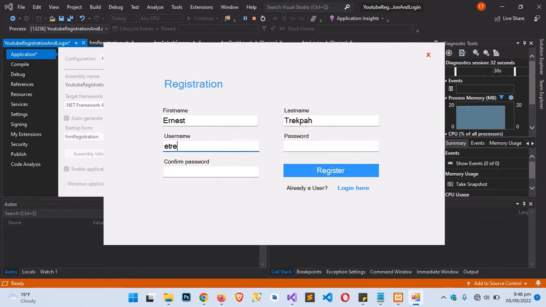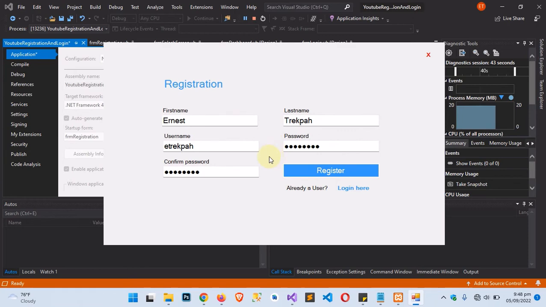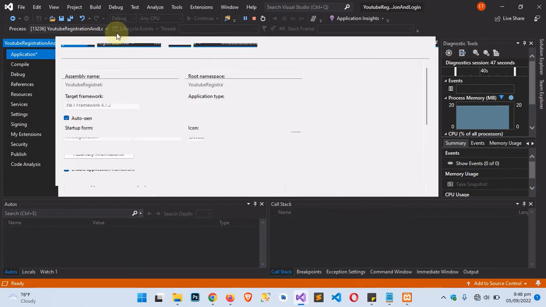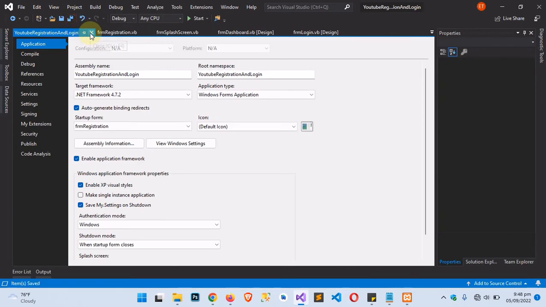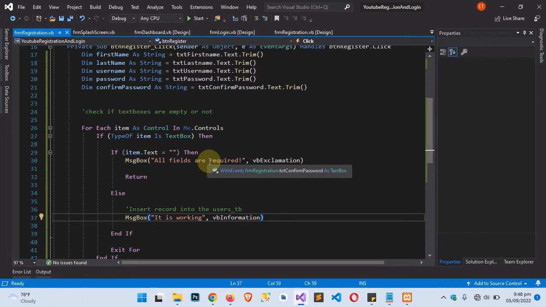So username, let me just say that. How this, and then I have that. And I click on register. It is working. Good. It means that all the values are provided. And let me close this and then close this one as well. We'll come back to it later. Alright, so now that